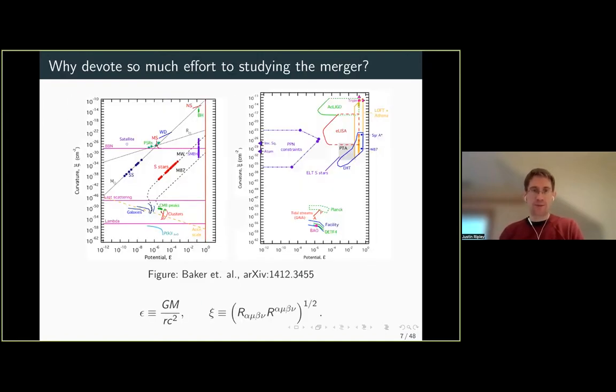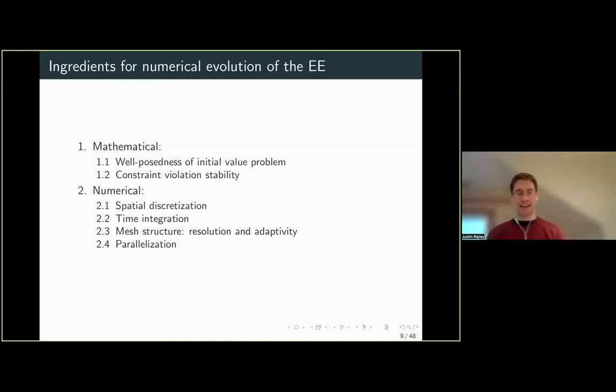Okay, so that was the motivation in terms of gravitational waves. And I'll talk a little bit now about how numerical relativity works. Why has it been challenging? And then what are the current challenges? I'll be mostly talking about these more mathematical problems because as you'll see, the numerical problems are more